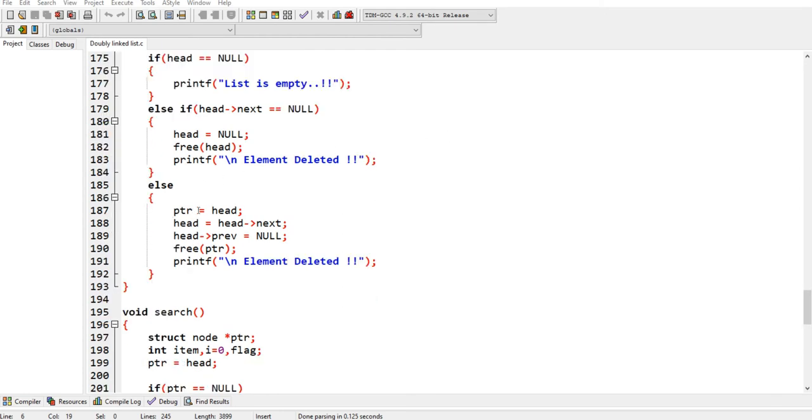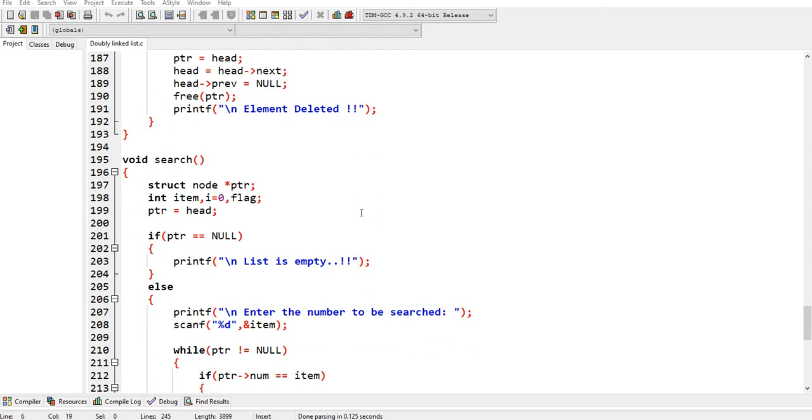Afterwards, head is equal to head of next, head of previous is equal to null, and free the pointer. If the first is deleted, afterwards it will point to the element before which is present in the list, then it will delete that pointer which is present in the list. So here the element is deleted.